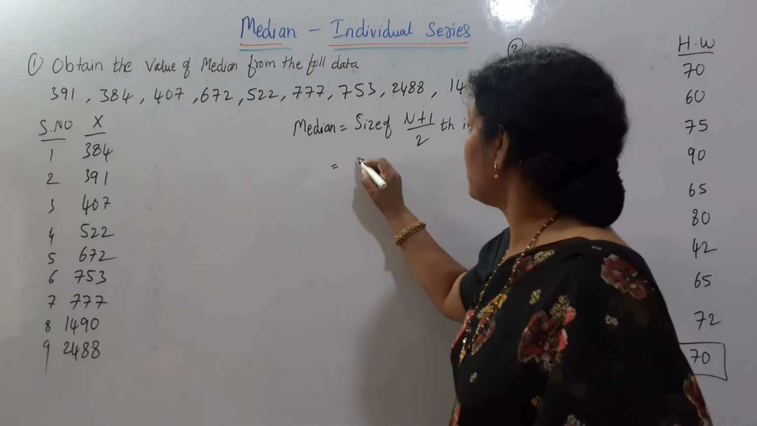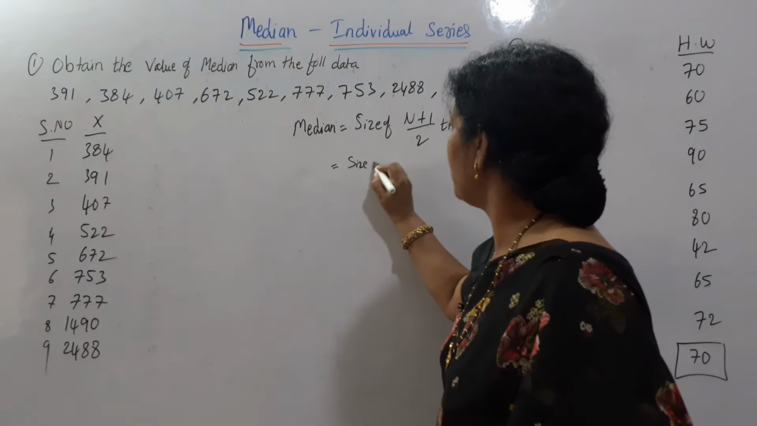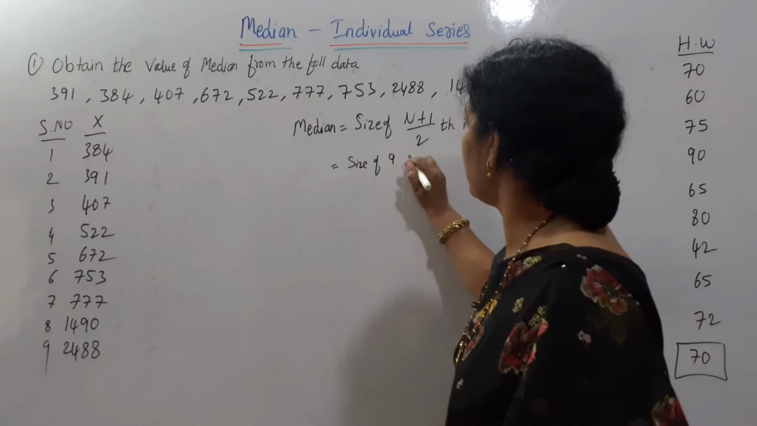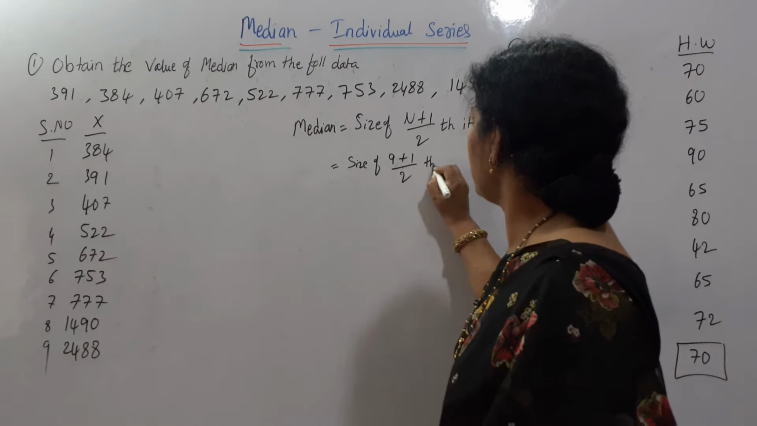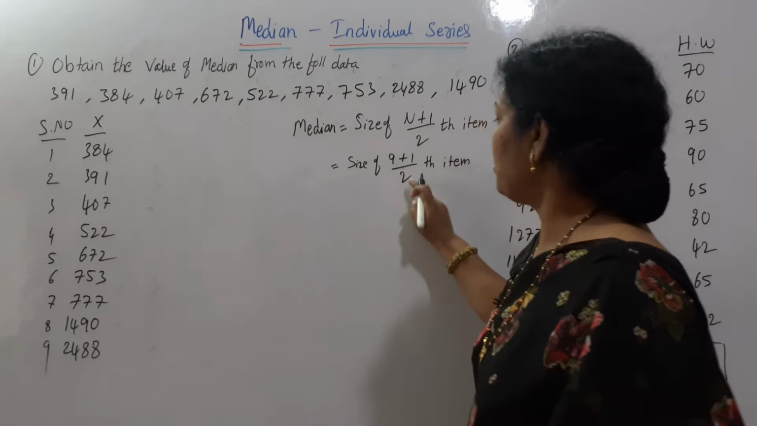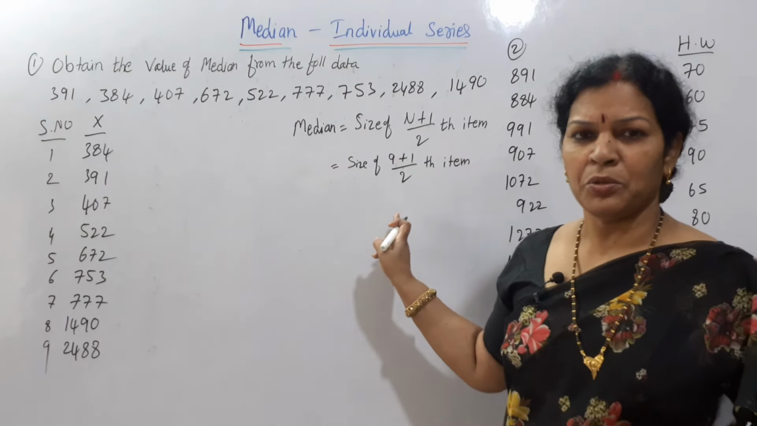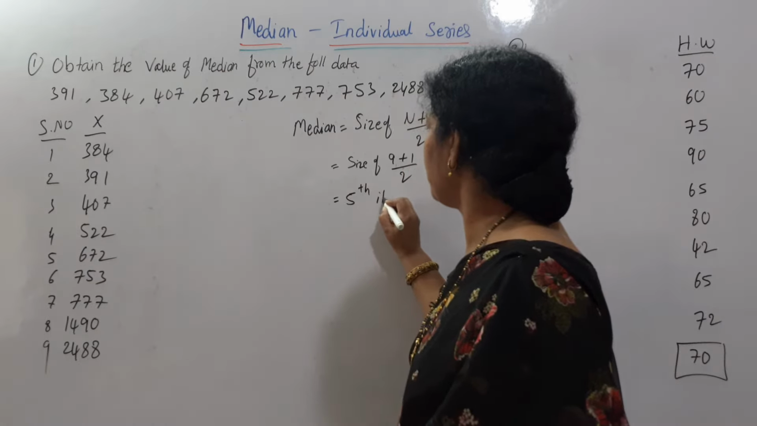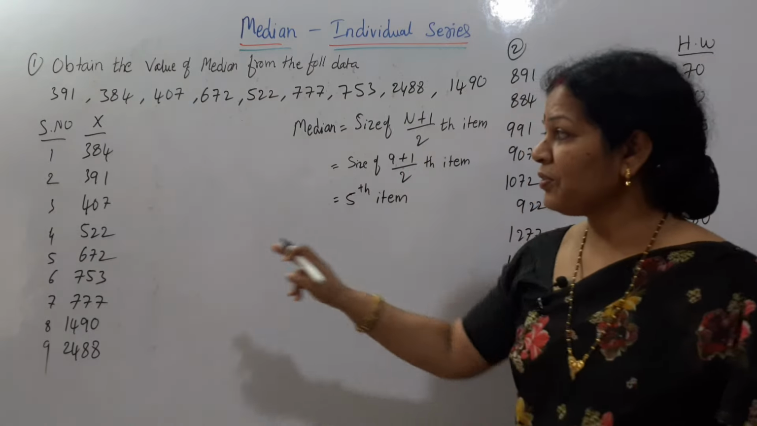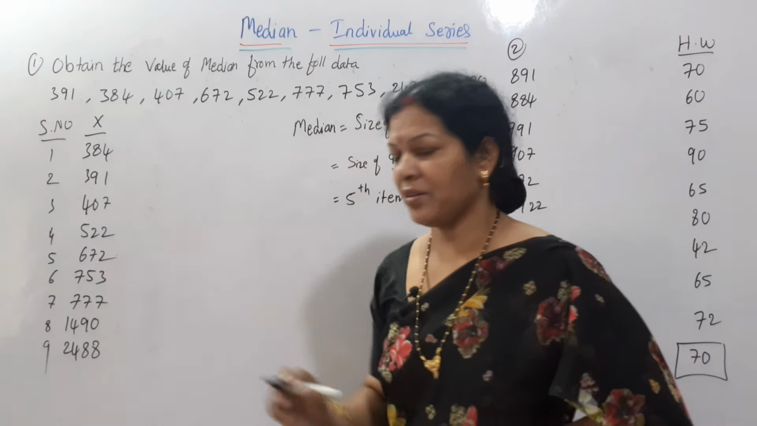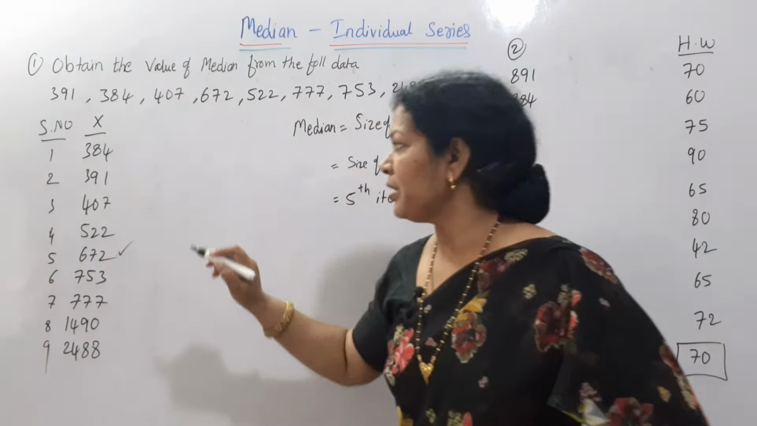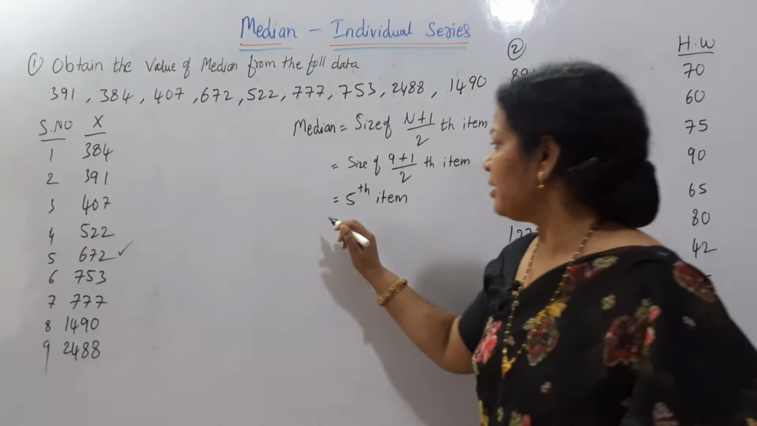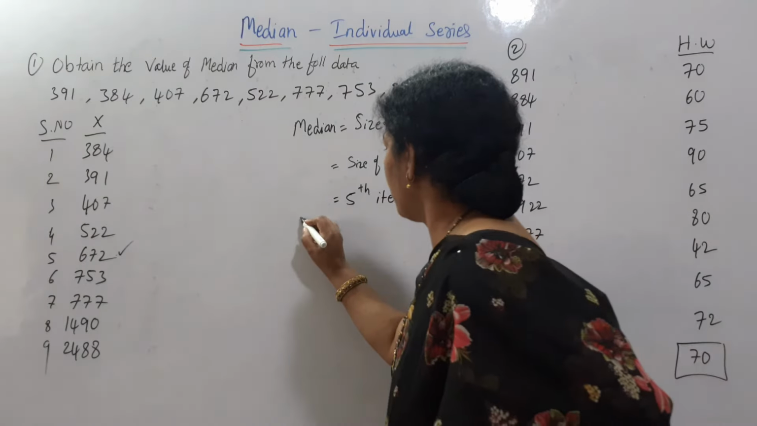Okay. So size of (9 plus 1) by 2th item. 9 plus 1 is 10. 10 by 2 is 5. So median is equal to fifth item. What is the fifth item? You have to see, fifth item is this one. Okay, this one is the fifth item. 1, 2, 3, 4, 5, fifth item. Hence, median is fifth item. You can write one sentence also here. Fifth item